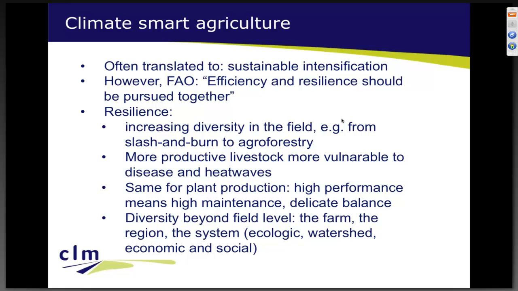That's where I really get warmed up. We're talking not just the field, nor the farm, we're talking about the region, the system, the watershed, ecologically, but also socially. There's resilience there too. And what I'm anxious about is that these two don't come together, and that big forces in the world, from food companies and governments, will say we need more efficient production because we need to feed 9 billion people. So forget your resilience, talk about producing more and more, even with less emissions.